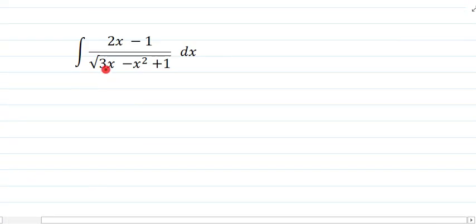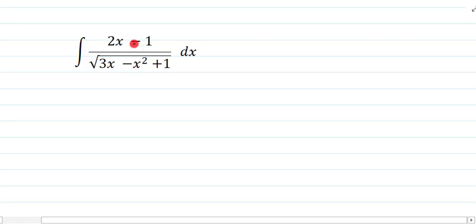The next problem, here again linear upon quadratic, but we are having a root sign in the denominator. The method will remain the same. The first step is to solve this numerator. Okay, how? We need to observe what the derivative of the quadratic term in the denominator will be. This is clearly minus 2x plus 3 and easily can be created in the numerator. So first of all, let us create this term in the numerator.